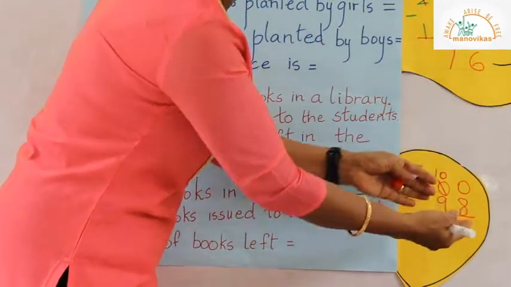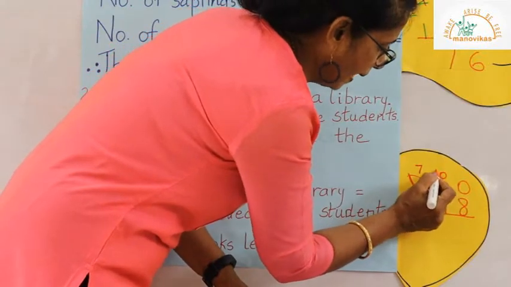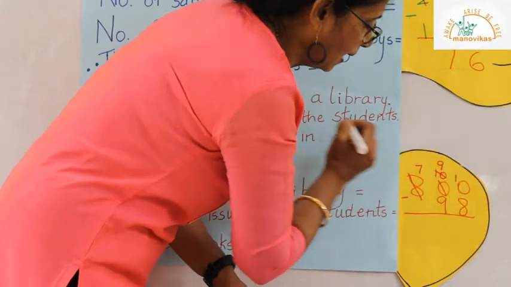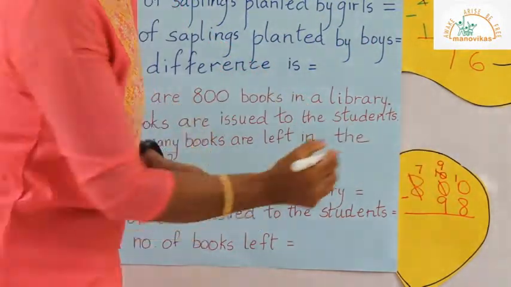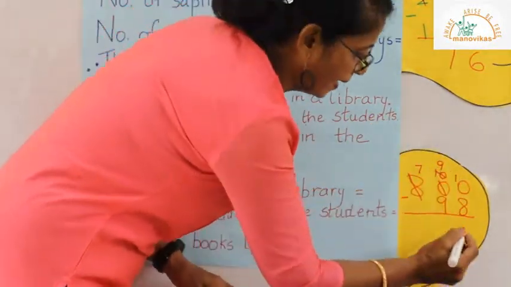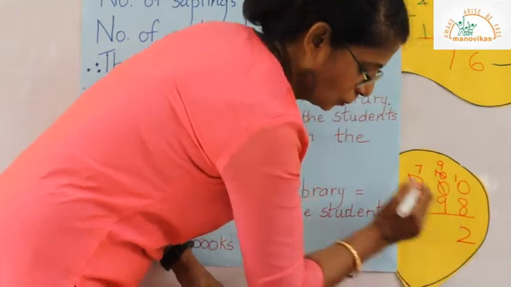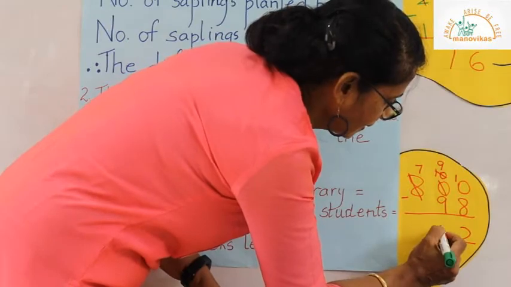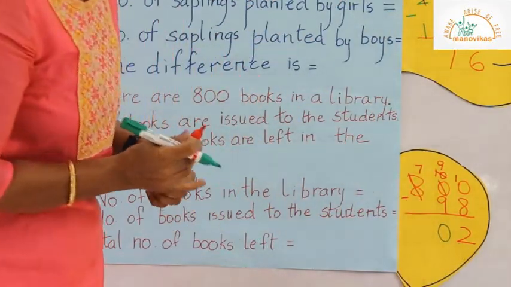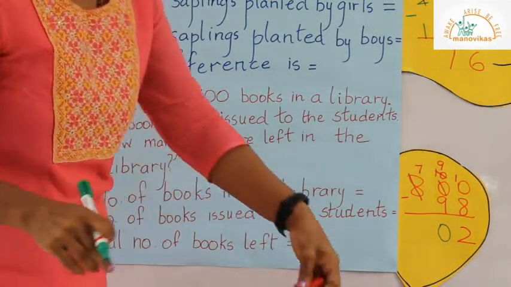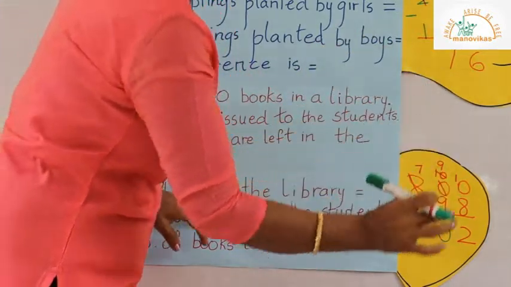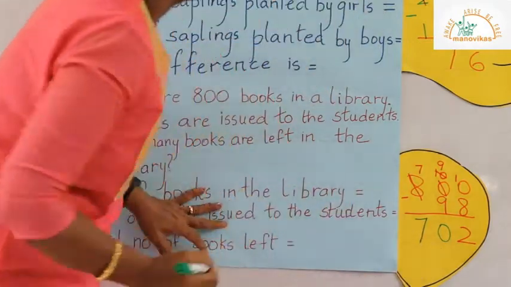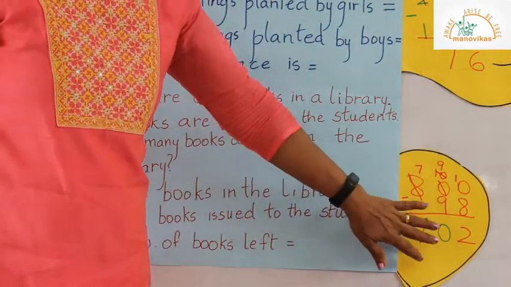But now we need to take it to the ones place. Again, this number becomes 10, and this number becomes 9. So 8 minus 10 gives us 2. 9 minus 9 gives us 0. Whenever the same number is minus by itself, we have learned that it gives us 0. So the answer, or the difference now, is 702.